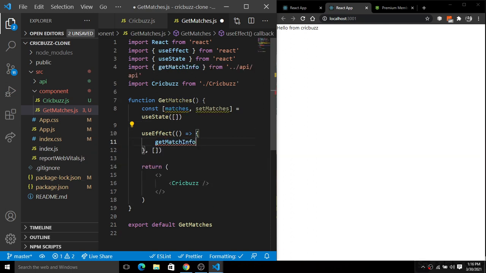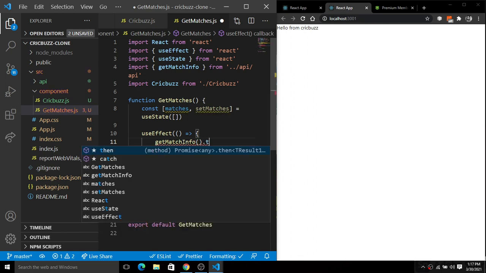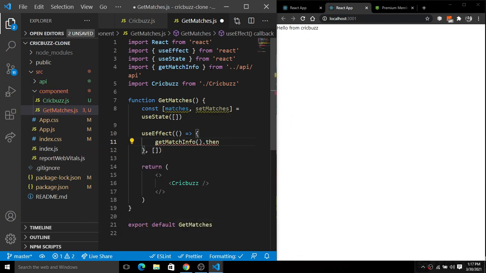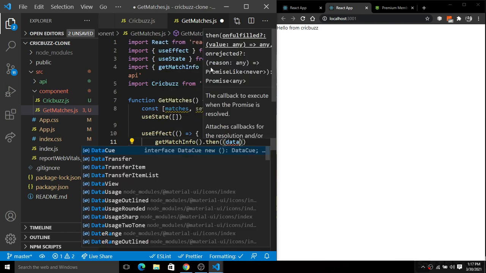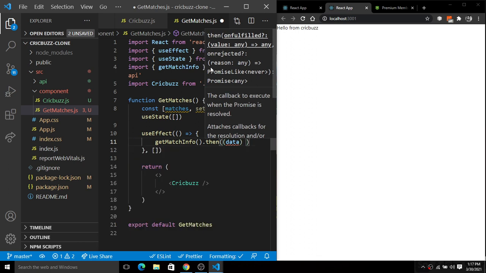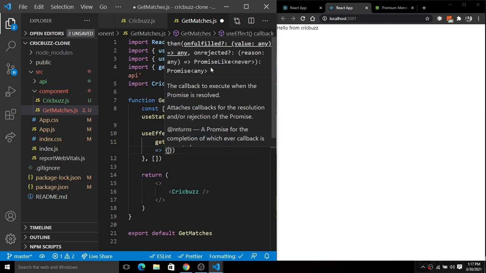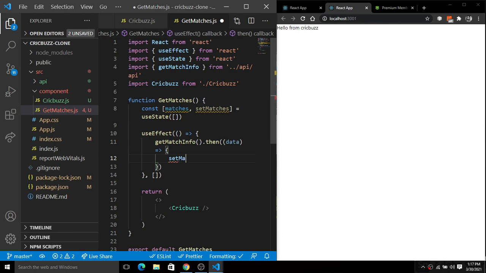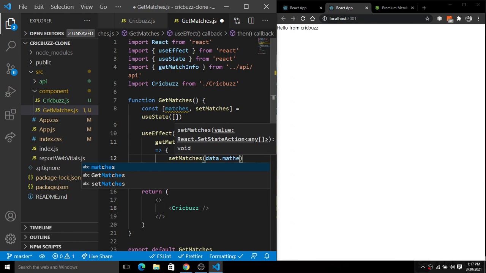First of all, import the get match info from the API there, and you guys can see here, we have these things, and this is a callback method. So for that we will have a then, and inside of this then we have all the data. So we have this data, and we will simply create an arrow function there, and here we will simply set the match with that particular data. So we have this set matches, and here we have this data dot matches.